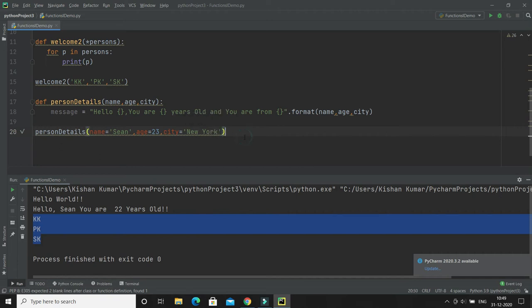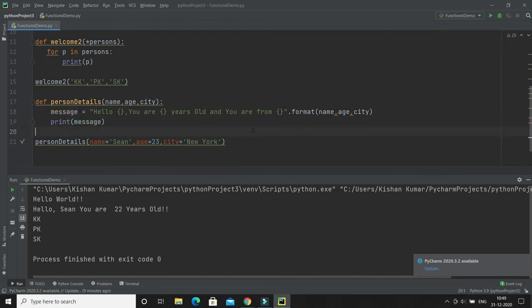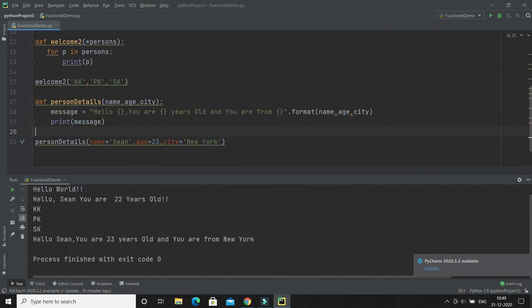If I call it, let's see what happens. Okay, I'm not printing this formatted message, sorry guys, so I need to print this message as well. If I run it, you can see hello Sean, the name is replaced by Sean, you are 23 years old, the age we are passing, and you are from New York, the city is replaced with New York.